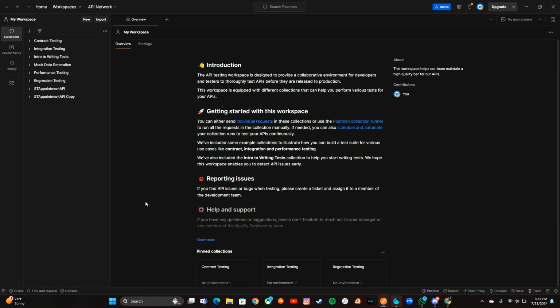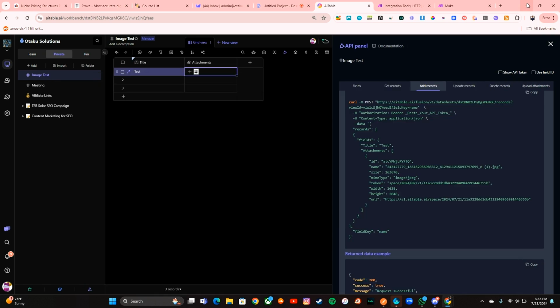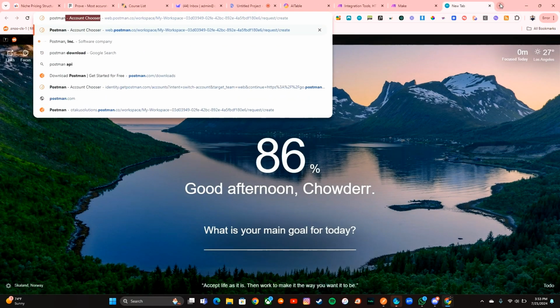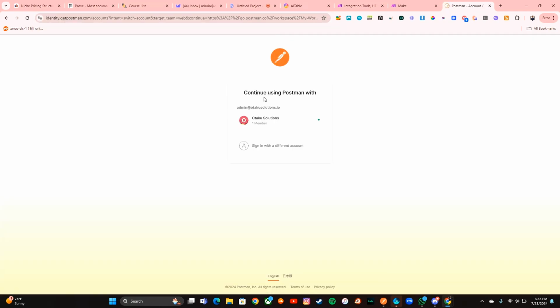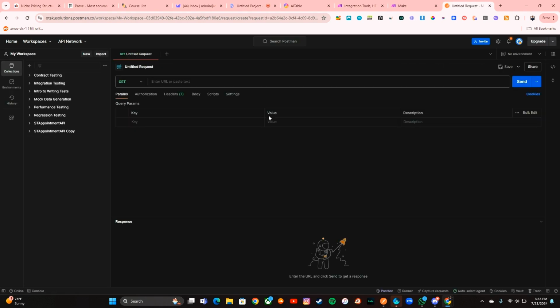Now, one crucial thing that I really want to notate is that when you come to use Postman inside of the web version, you might not have the ability to actually upload files. The reason for that, actually, I don't know the reason. What you can do if you're not able to actually upload files is come here to your settings.